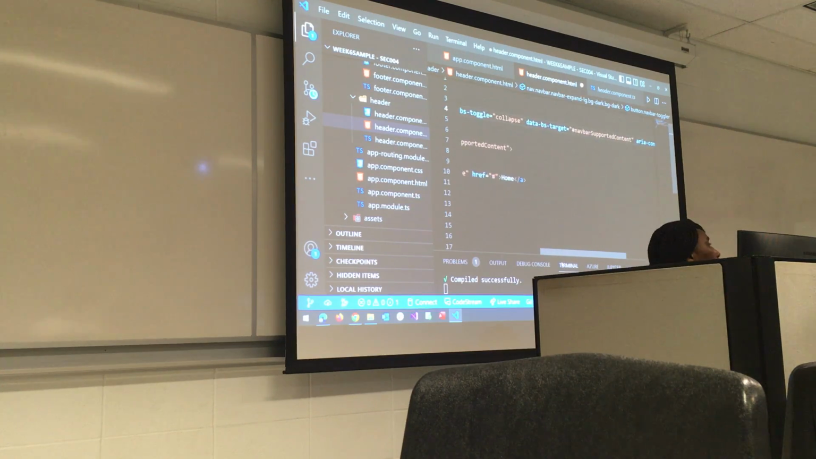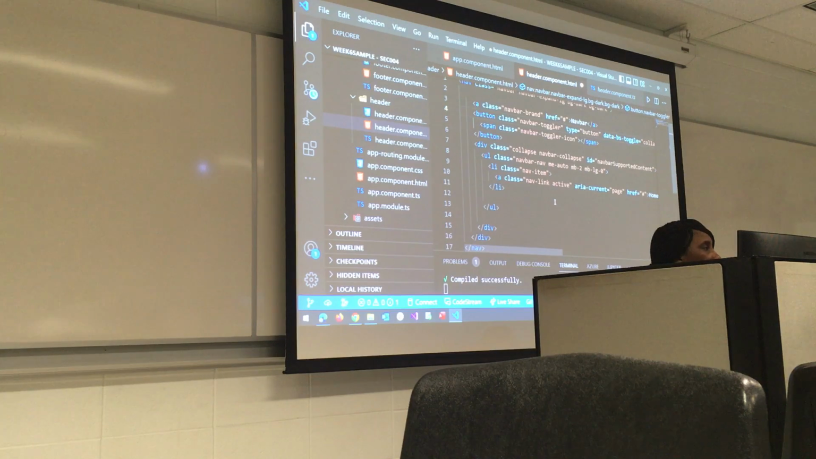Go to Bootstrap. Go to the documentation, then to the components by the side. Then you see the navbar. It's the same as what we use in the EJS, the Express. Right. So we'll span the